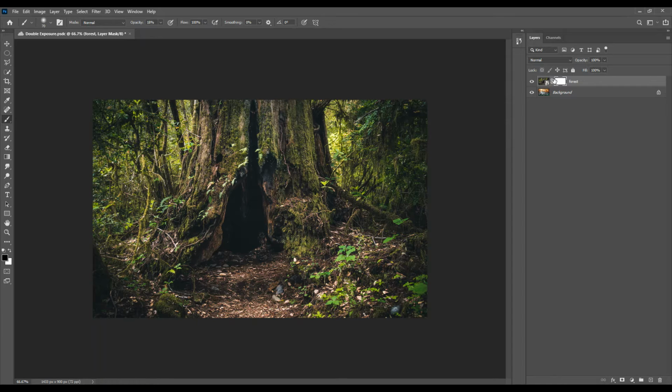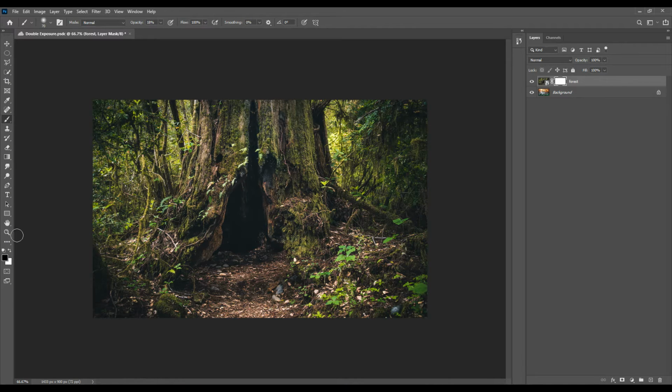So while working on a layer mask, make sure that that is currently selected and not the picture, because if you click on the thumbnail of the picture, you are affecting the picture and not the layer mask. So in the layer mask, you need to use the brush tool, activate it using the B key